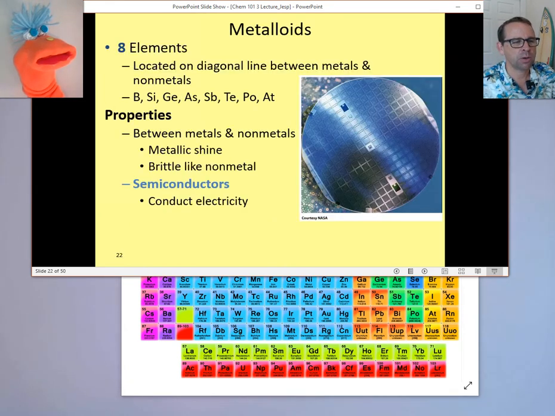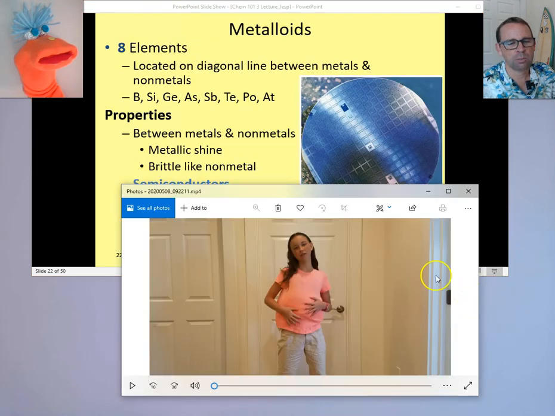Metalloids, as we mentioned, are a very important area of the periodic table, which allowed us to understand so much about